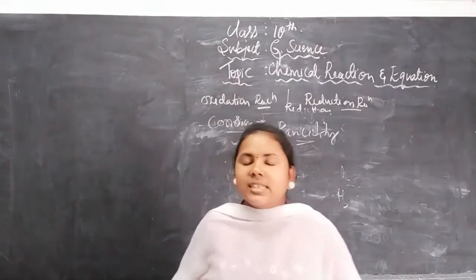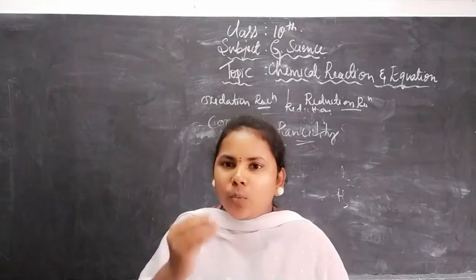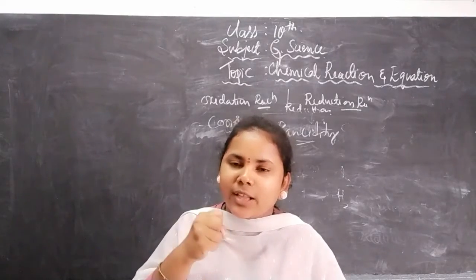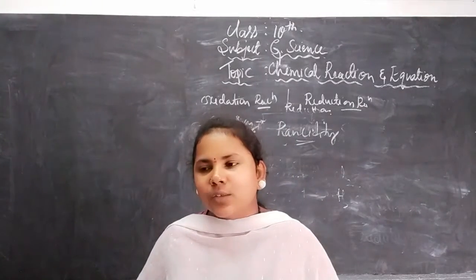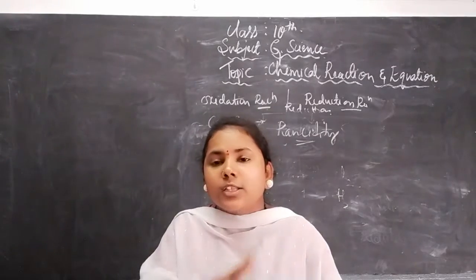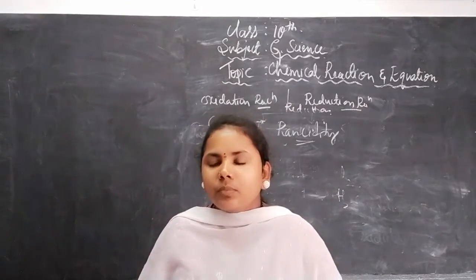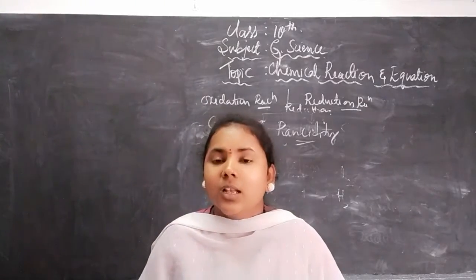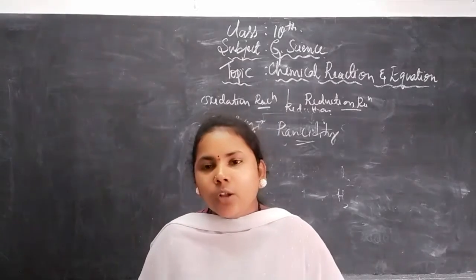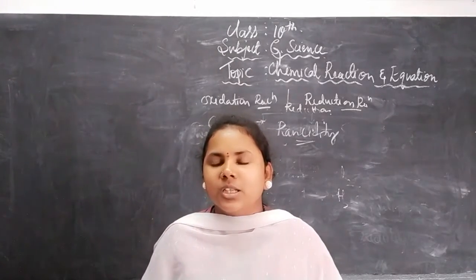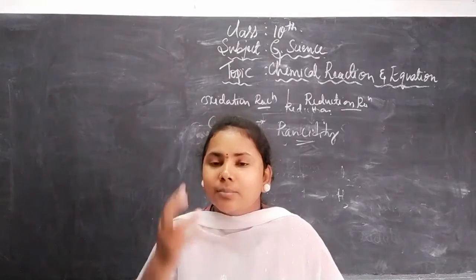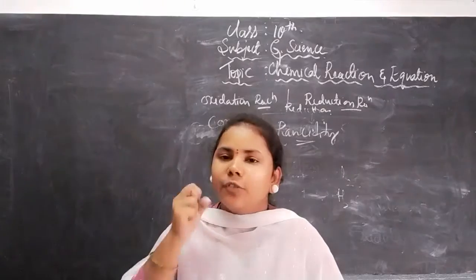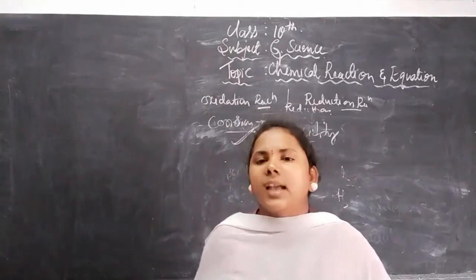Okay. Similarly, you can see the chips packets. What is inside them? They are covered with plastic covers that are flushed with nitrogen gas. Why? Because nitrogen gas is a noble gas. It does not allow the food materials or oily, fatty items to become rancid easily. To avoid the oxidation of these substances, we protect the food inside the chips packets by filling or flushing them with nitrogen gas.